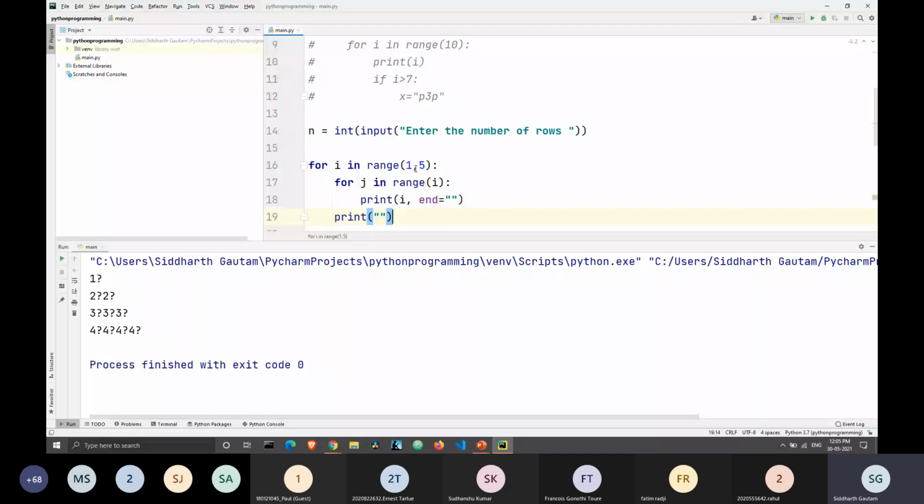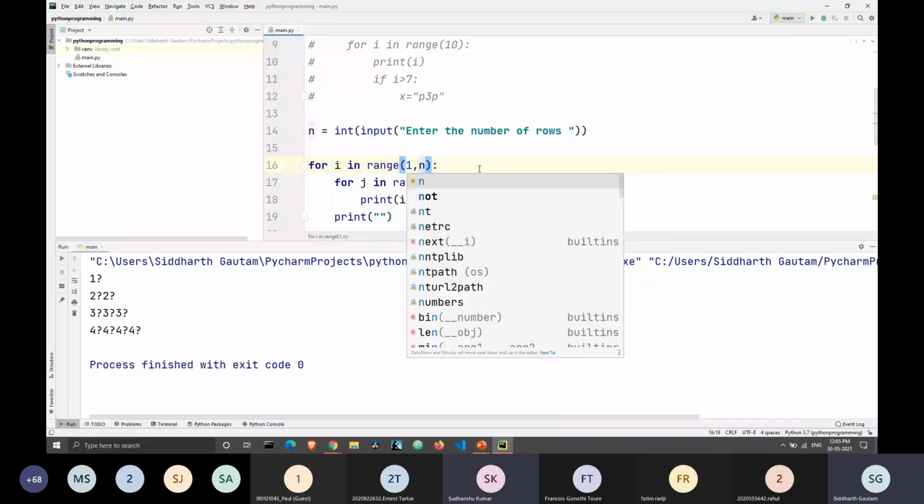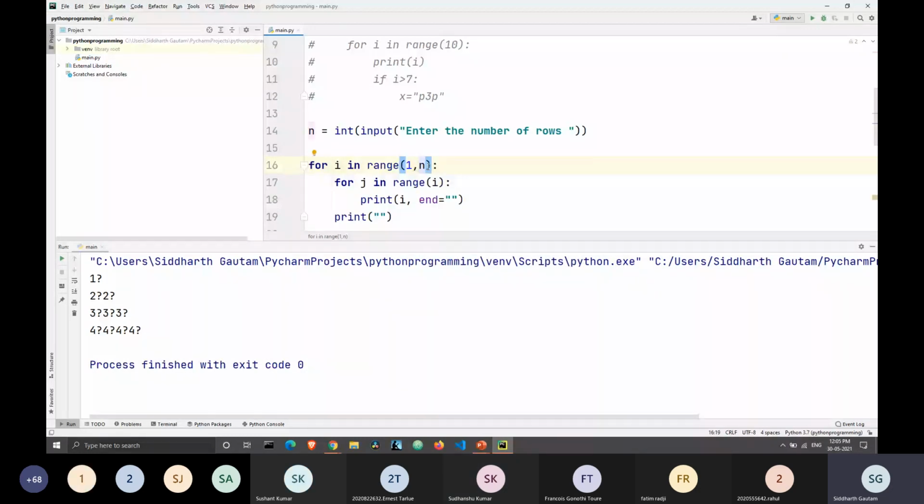So instead of 5, what should I write here? What do you think I should write? I already have the number of rows in the variable n. N. Okay. Any other answers? All right. We cannot write just n here. As you remember, when we wrote 5, our loop got executed from 1 to 4. But if the user is entering 10 and we want it executed 10 times, we will write n plus 1. Yep, exactly, you're right. So we will write this as n plus 1. And here, instead of printing i, we will print a star.